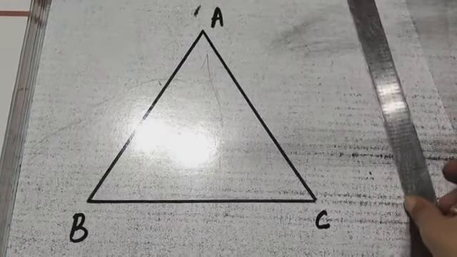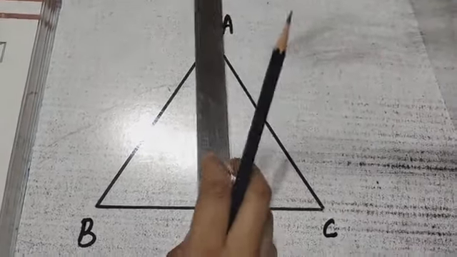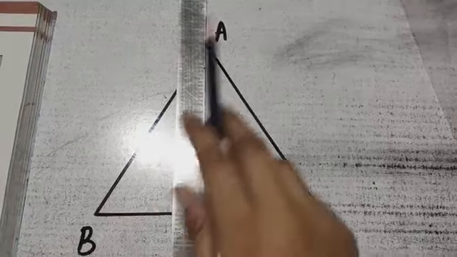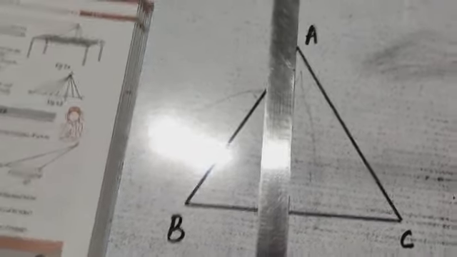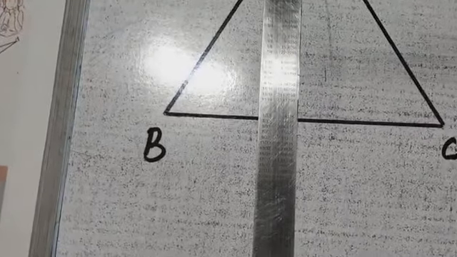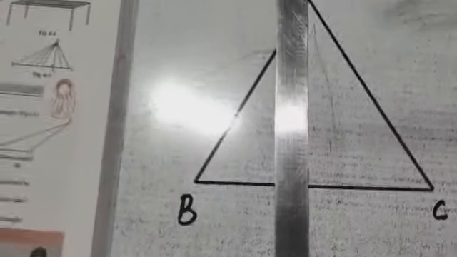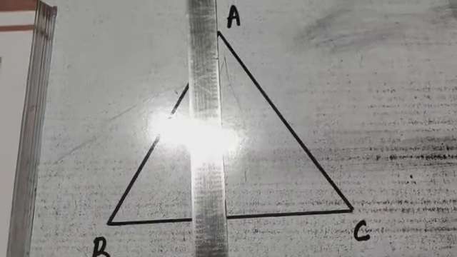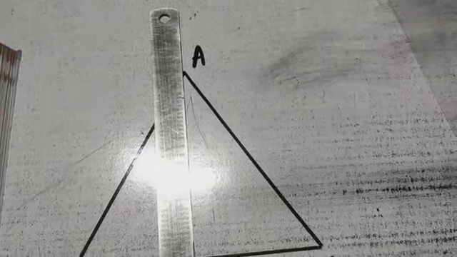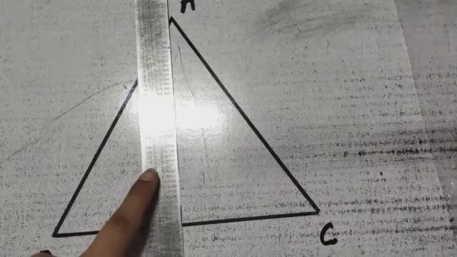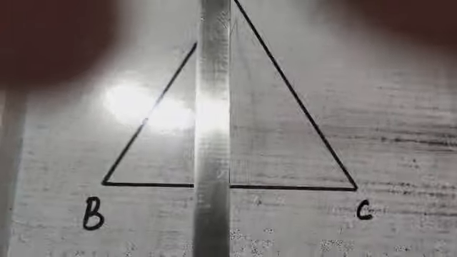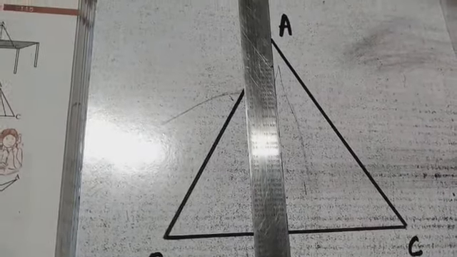Let us take this as the example. ABC is a triangle which is given to us. How will we find out the altitude of this triangle? We'll make a line from A to BC which is perpendicular to BC, and we'll also measure whether it is perpendicular or not. It should be perpendicular. Like in the median we were taking the midpoint of the other side, but here we will take the perpendicular distance. So I'll draw a line which comes straight and joins BC.